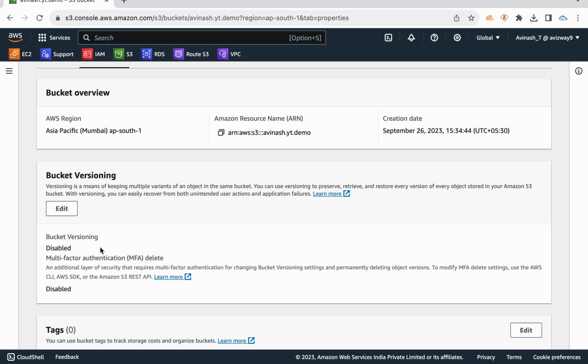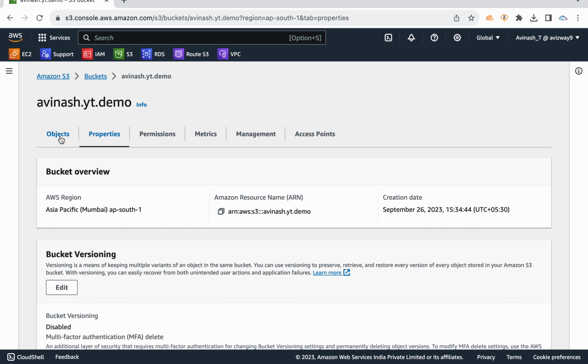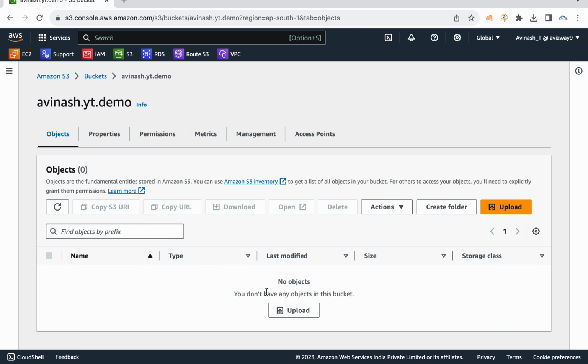You delete the delete marker and you can get the object back. So this helps us with accidental deletions. And whatever data we upload to an S3 bucket, technically we call them objects.